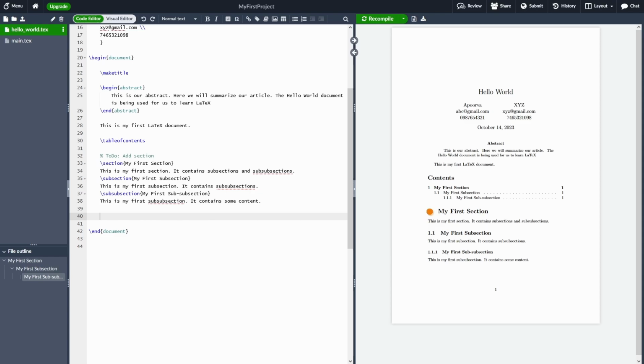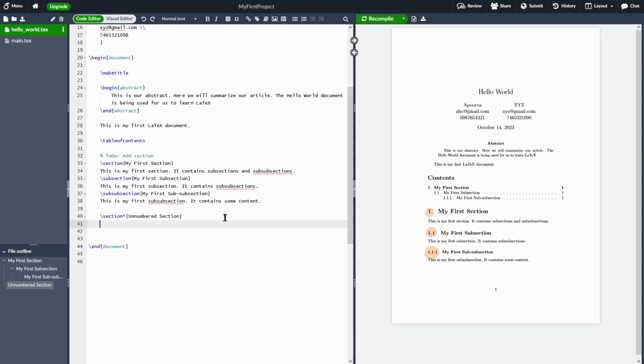Up until this point, all our sections, subsections, and sub-subsections were implicitly numbered. However, I now want to add a section without any numbering. To do this, let's head to our .tex file and write the command \section. To suppress numbering, I'm going to add the asterisk symbol and then open curly brackets, specify the section name, let's say unnumbered